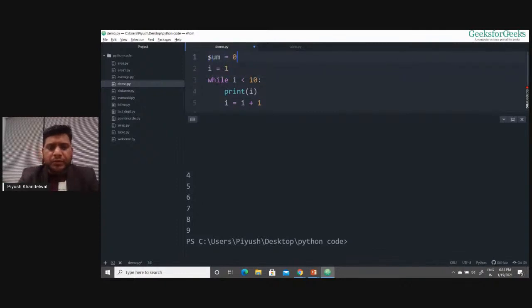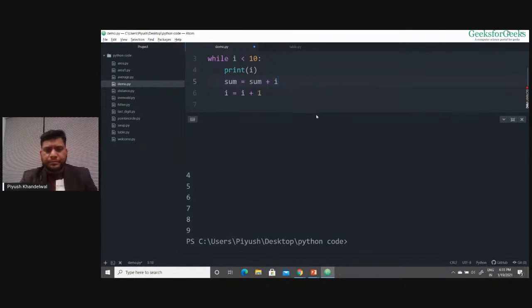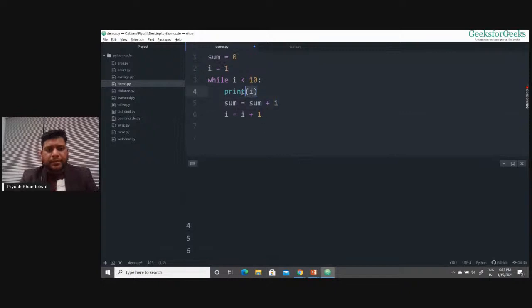So I take a variable sum equals 0. And before incrementing, I'll add these values to sum. And after that, once this loop executes, I'll print the sum. So I have seen that with the help of a while loop, I was able to create different values of i from 1 to 9. And when these values were generated, I am adding all those values to my variable sum, which is initially 0. Now if I try to run this program,